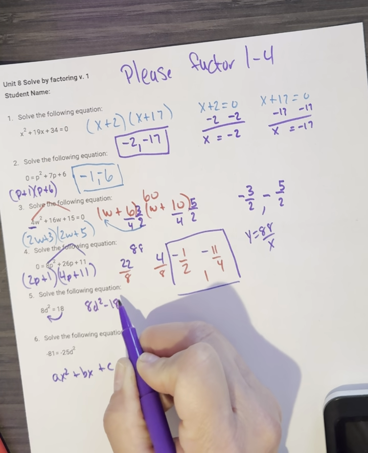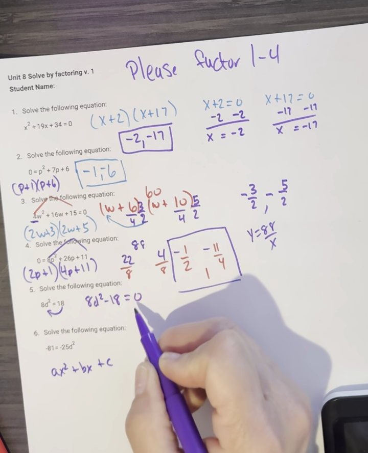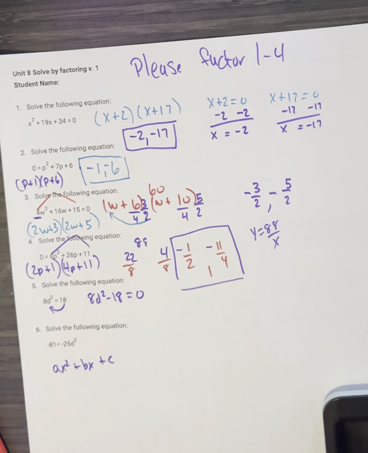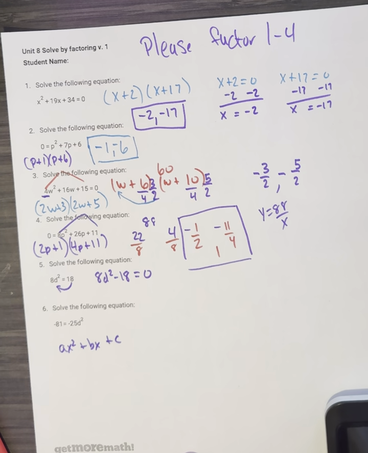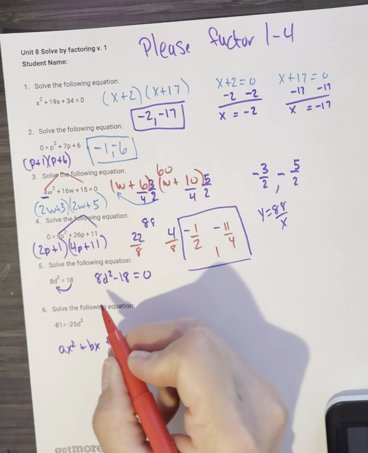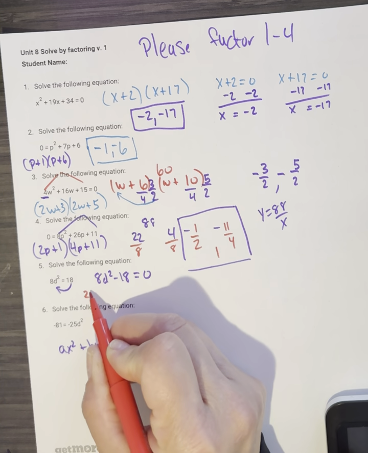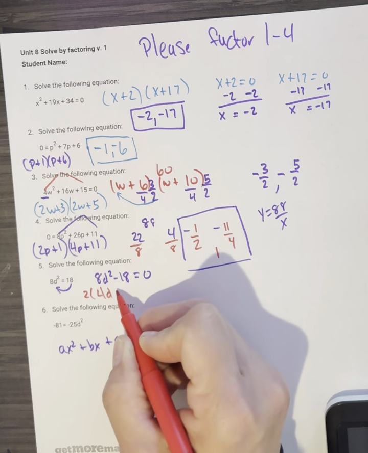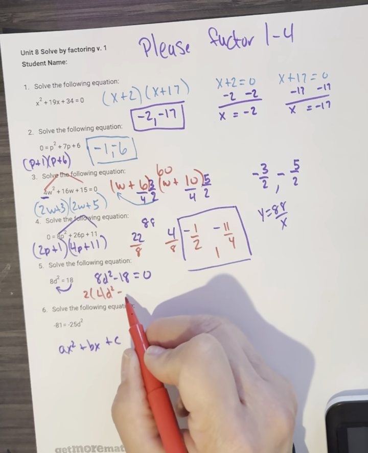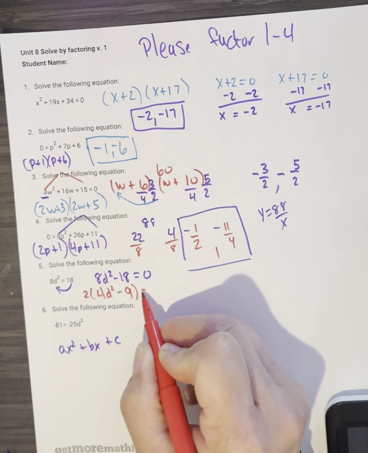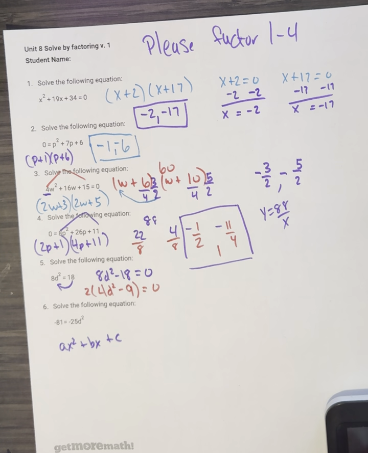And is there anything we can take out? Are they both even numbers? Yeah. So we're going to take out 2. So when you take it out, you divide. 8 divided by 2 is 4d squared. And 18 divided by 2 is 9 equals 0. Now,